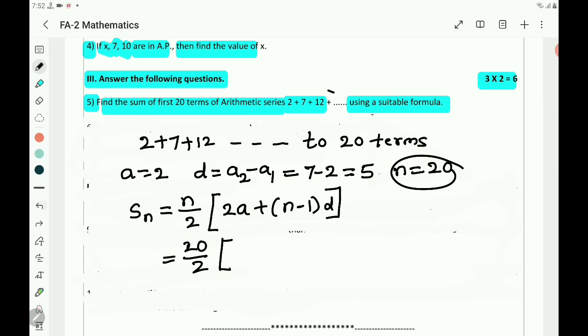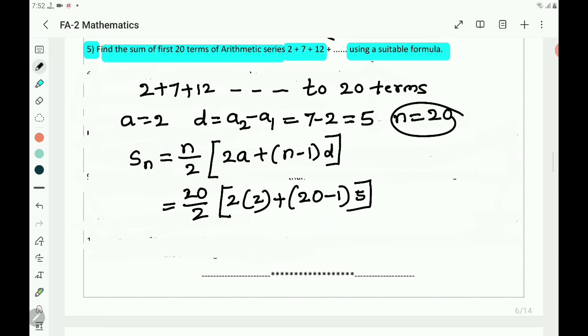Then you write 2 into a. A is 2. 2a means 2 into 2 plus n is 20. N minus 1 means 20 minus 1 into d. D is 5. Then 2 ones are 2, 2 tens are, write 10. Then 2 twos are 4. 4 plus 20 minus 1 is 19. 19 fives are